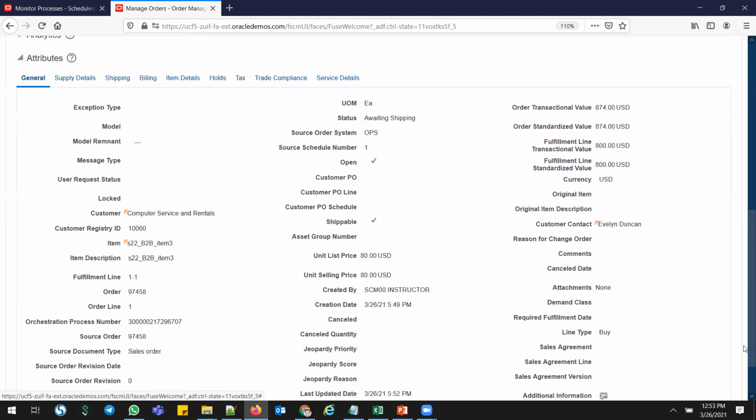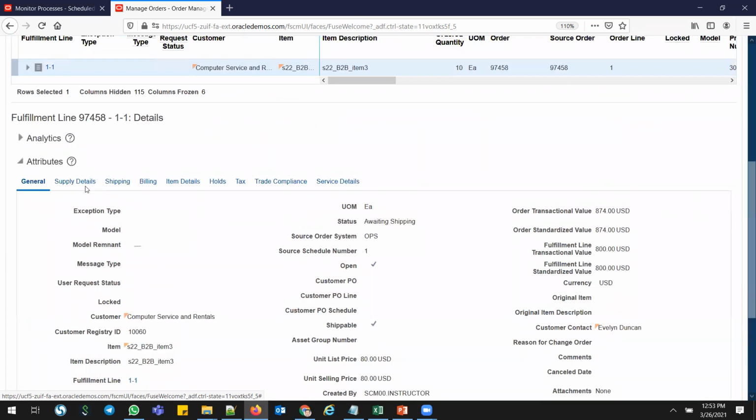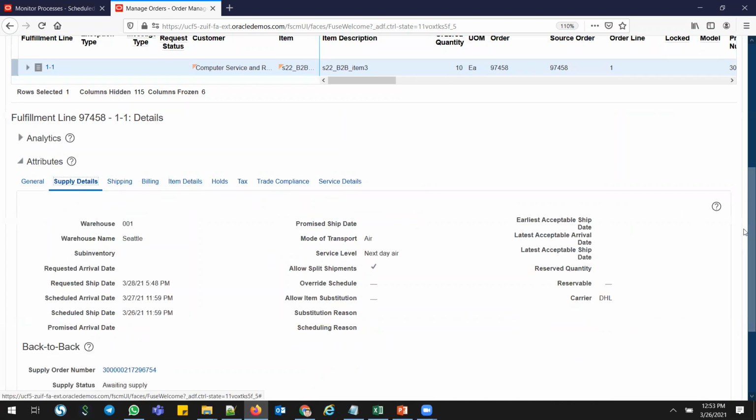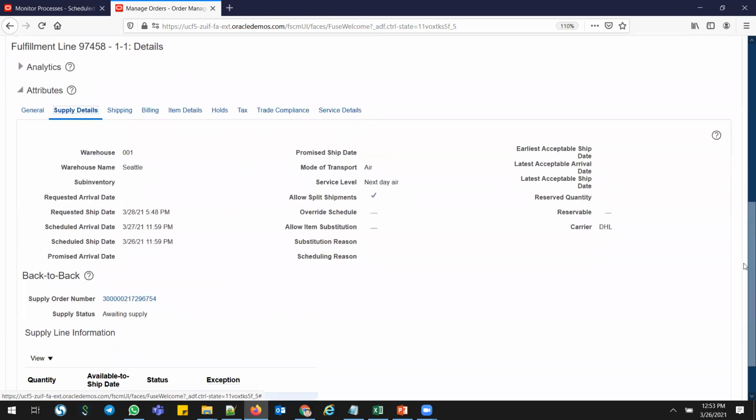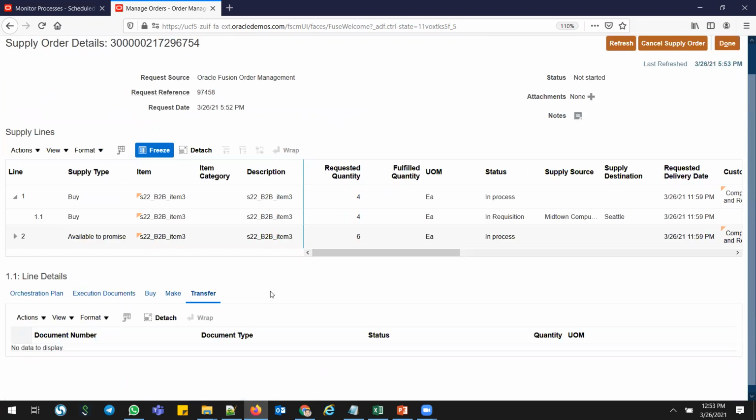Go down, you can see all the details here. Go to supply details. So in the supply details, you can see this is my supply order number, right? Click this hyperlink, it will go into the supply orchestration process. This is the supply orchestration process.